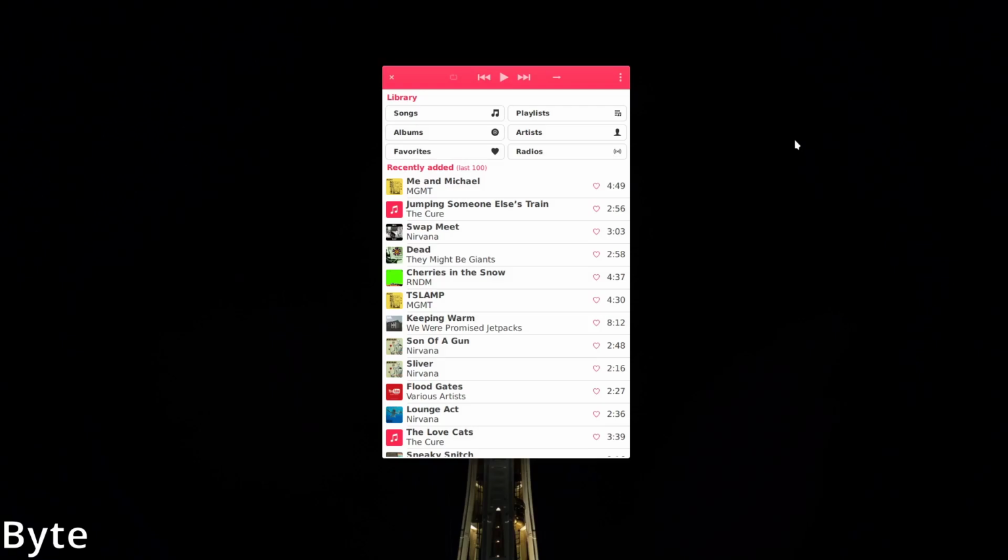Now, Byte is an elementary app, which means it is probably going to be very hard to install on distributions that are not elementary. At the time of making this video, Byte is not even in the AUR or as a Flatpak yet, so I had to compile it from source myself, and tracking down the dependencies for this music